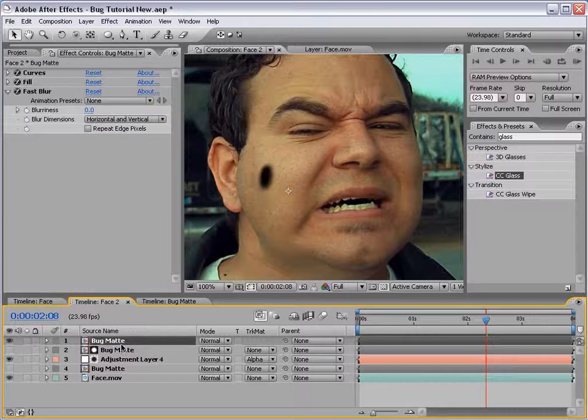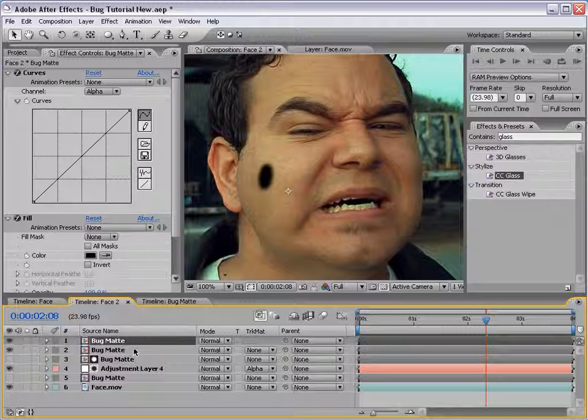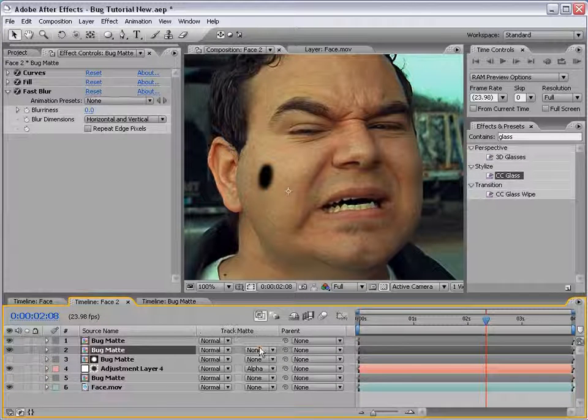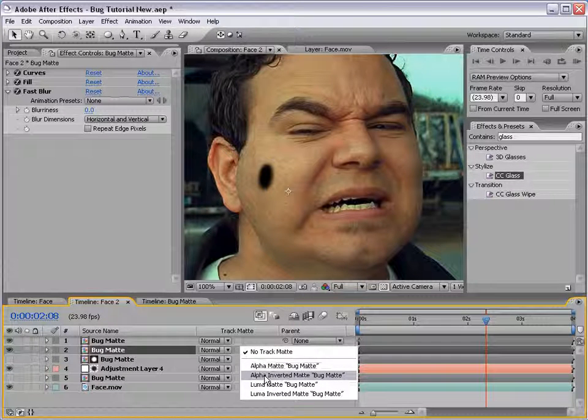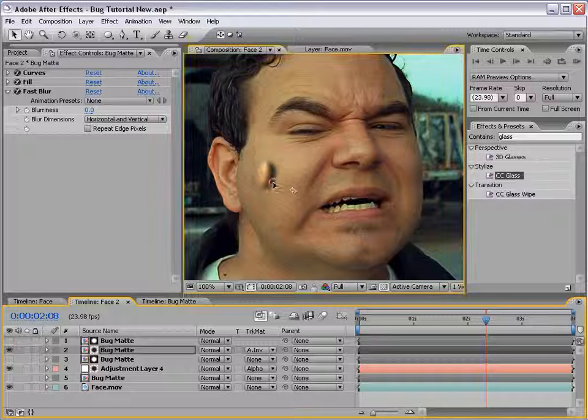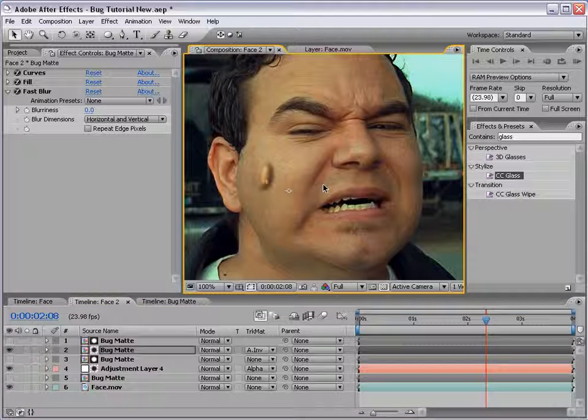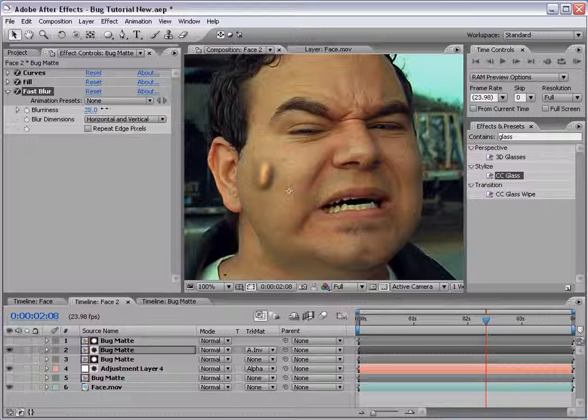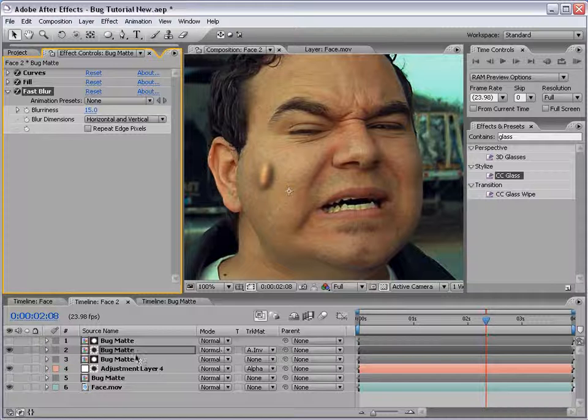And then I'm going to duplicate the layer, and then I'm going to set the bottom layer to Track Matte, Alpha Inverted Matte. So instead of using the alpha of the layer above it, use the inverse of it. So then if I take this layer here and move it over to the right, you can basically see that it gets hidden by that area. But what we want to do is just bring it down and then blur it out a little bit, and maybe move it over,